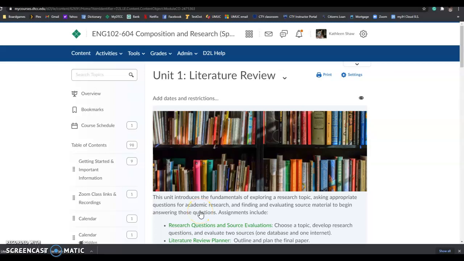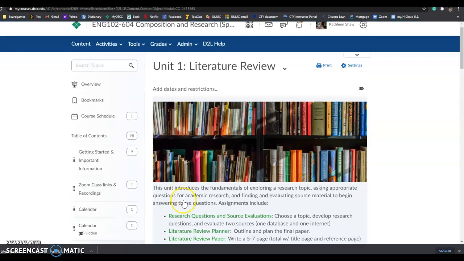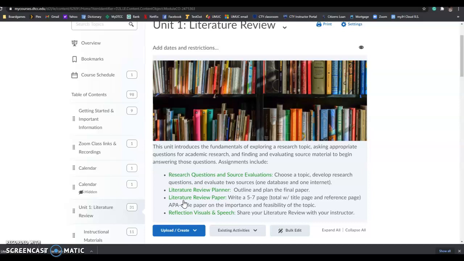Hi, everybody. As we go into the week where you'll be turning in your actual literature review, I just wanted to show you how, if I were you, I would go about converting the planner that I'd already done into an actual paper. For you guys, check the announcements because I posted an explanation of how you can